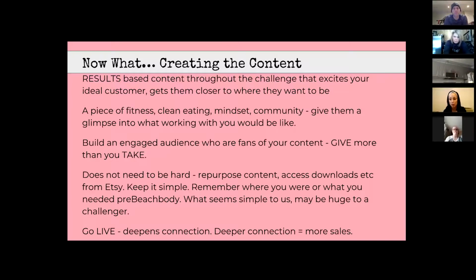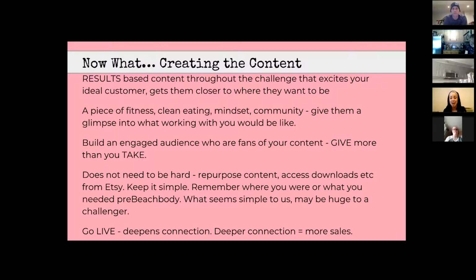It's really about remembering where you were pre-Beachbody and creating the challenge you wish had existed when you were that person. So when I was a hot mess, Christmas 2016, and I couldn't get myself to the gym like I used to, I had 2 babies under 2. I was eating convenience foods all the time. I was miserable to my husband. I felt like I had no social connection because it was the middle of winter and I had 2 kids.